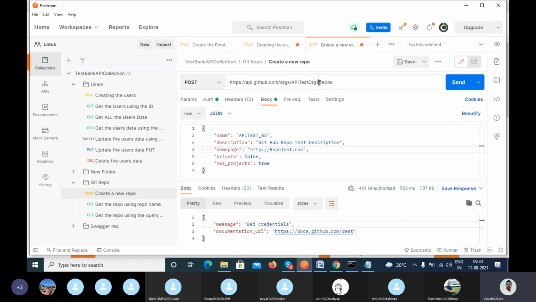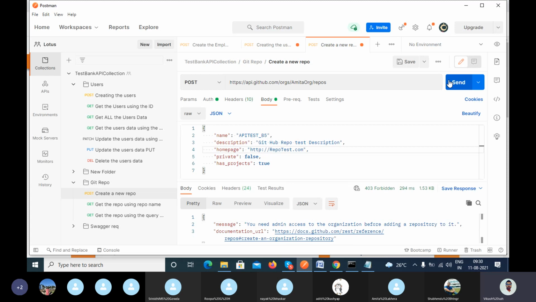Can anyone tell me the organization name which you have created in your GitHub account? Amita org. Amita, capital A, org, capital O, R, G. Yes, this one.